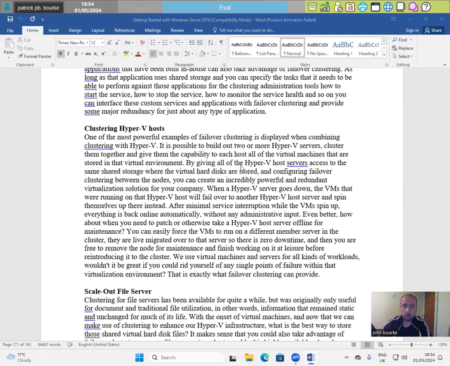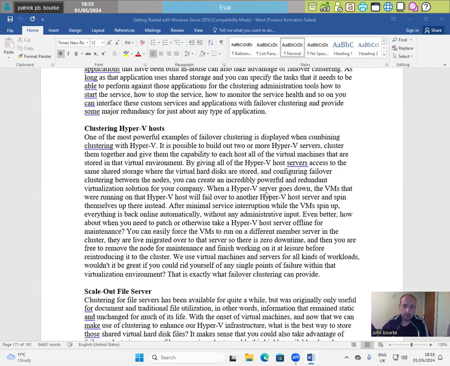By giving all of the Hyper-V host servers access to the same shared storage where the virtual hard disks are stored and configuring failover clustering between the nodes, you can create an incredibly powerful and redundant virtualization solution for your